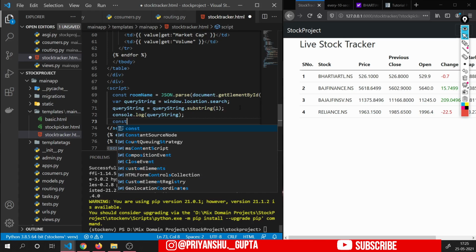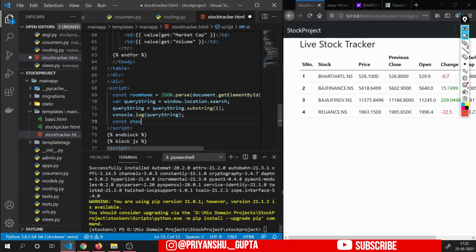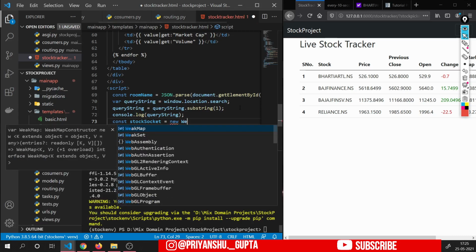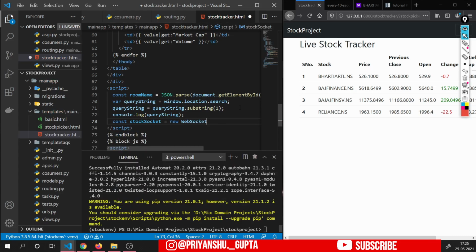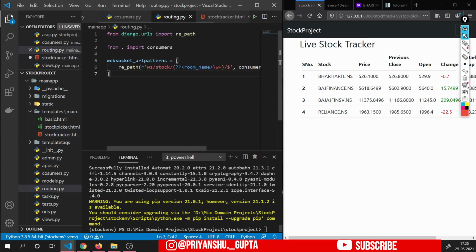then const stockSocket. Now we will actually make a socket connection, new WebSocket, and here we will mention the URL that we have mentioned inside this routing.py, that is ws stock.